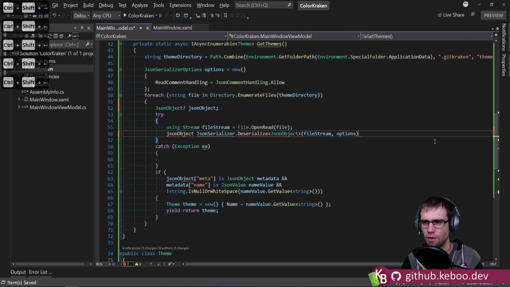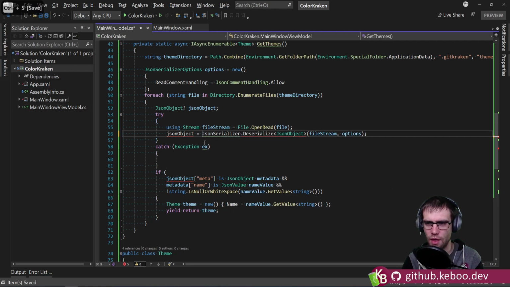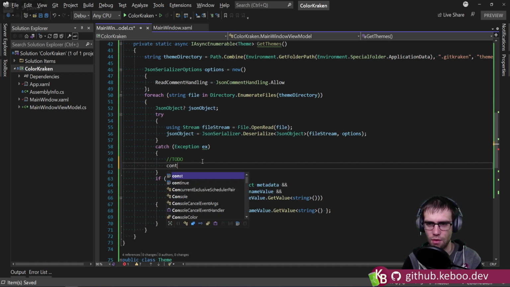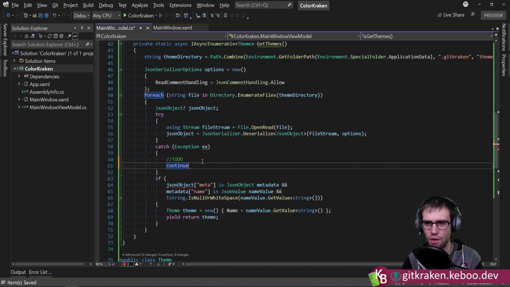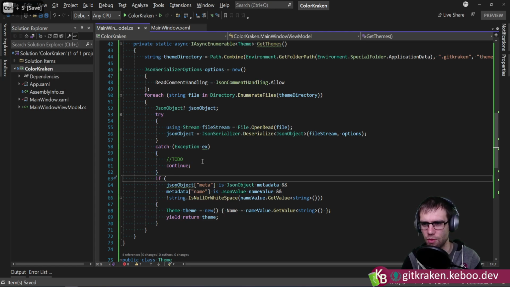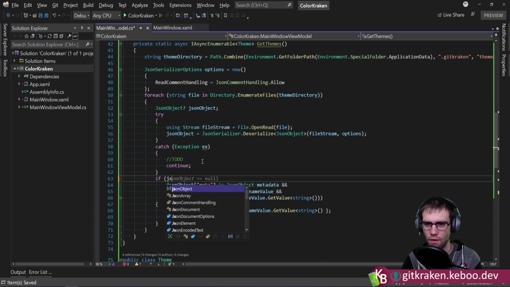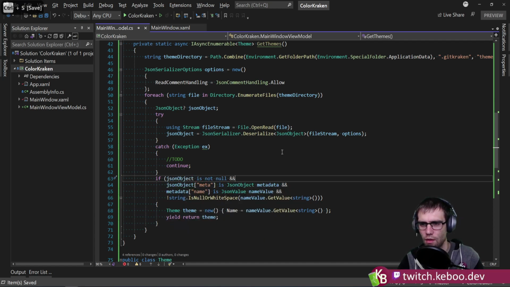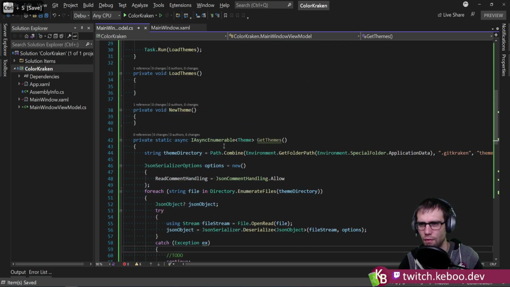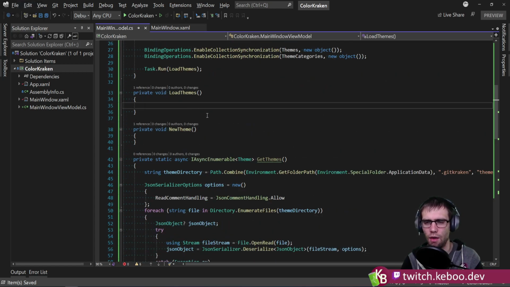Let's do that. That goes like that. That goes like that. That goes like that. To do. If we hit an error, we'll just iterate. This an object is not null, and there. Okay, so